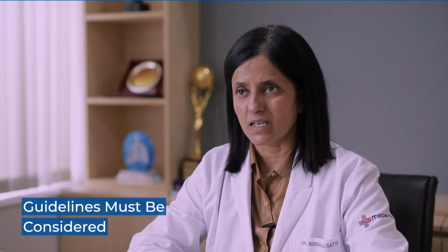For drug-resistant tuberculosis, the domestic or national guidelines as well as international guidelines must be consulted before starting any regimen. In the current scenario, injectables are no longer recommended by our government. We have tried to use all oral regimens because of the severe side effects caused by injectable medication, mainly in the form of hearing loss. Many young TB patients with drug-resistant TB suffered complete hearing loss, and this led to a lot of advocacy to stop the use of injectable medication and therefore prevent hearing loss in young and older patients of drug-resistant